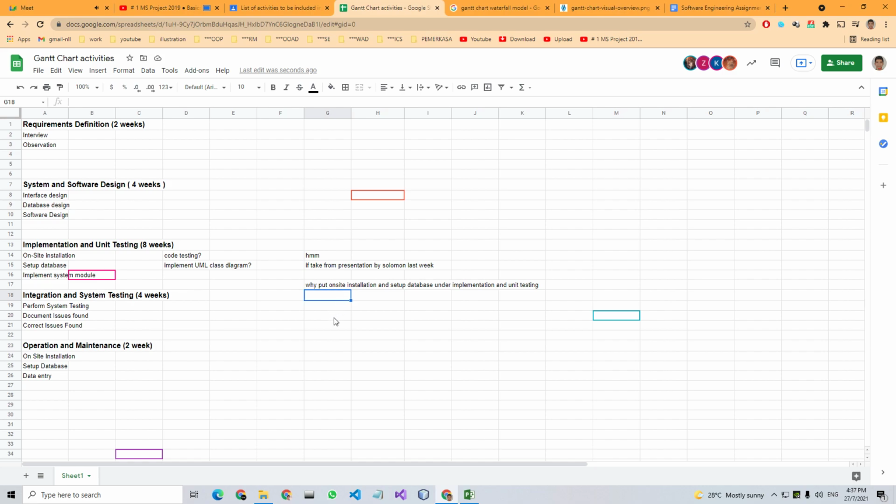Yes, you only include someone who is related to that phase. For example, for requirement gathering, maybe the stakeholder. The stakeholder here refers to the owner, right? Yeah. Okay, so you just put the owner, because here the project manager